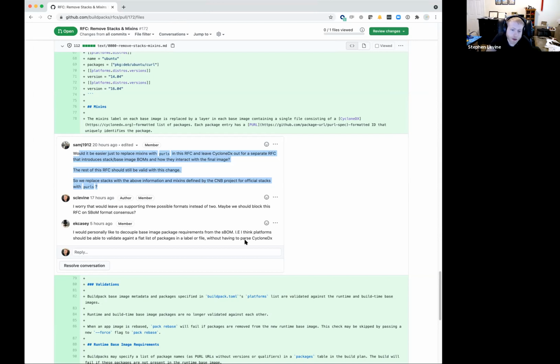As long as it's valid CycloneDX, I think we should be pretty open to allowing whatever, as long as there's an identifier that can be matched against for vulnerability purposes. I think the two big uses of that SBOM are security, like matching for vulnerabilities, and open source compliance, or just general license compliance.